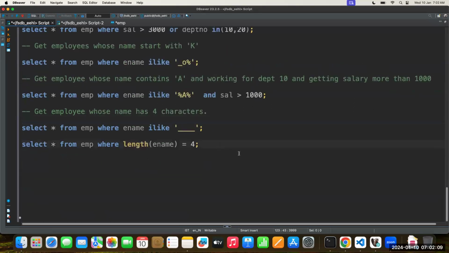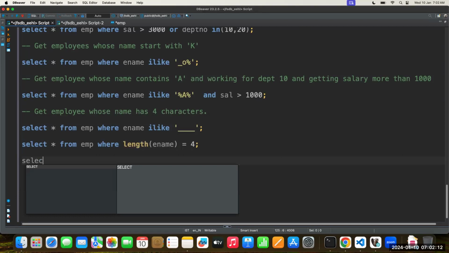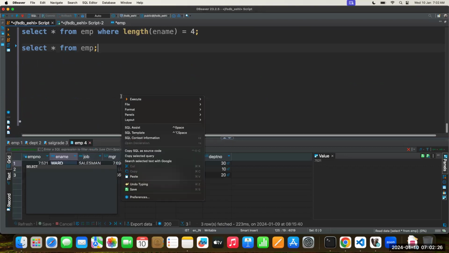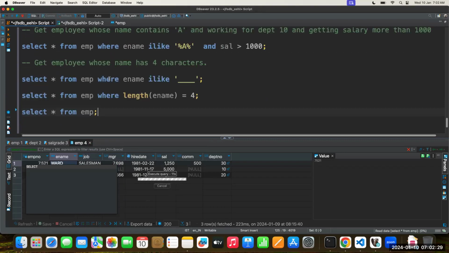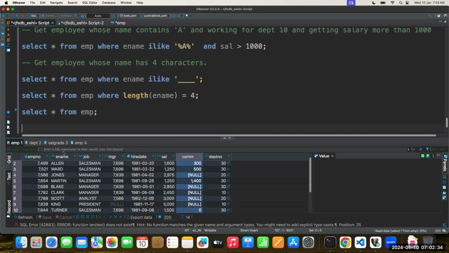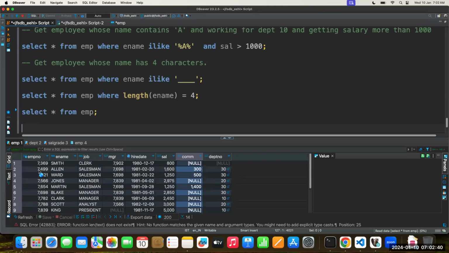Suppose if you look at our employee table, SELECT star FROM EMP. This is a table which has data. If you look at this employee table, this is the data we have here. We have 14 records. These are the details of the employees. Now what I want to find here is, can you find the employee who is